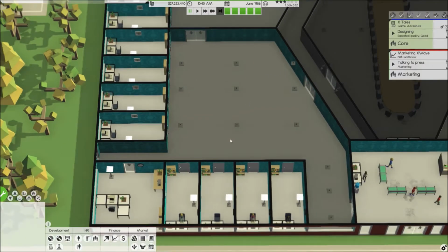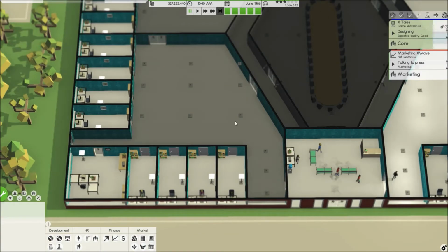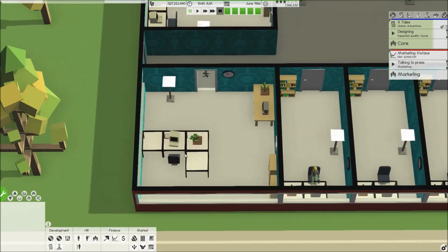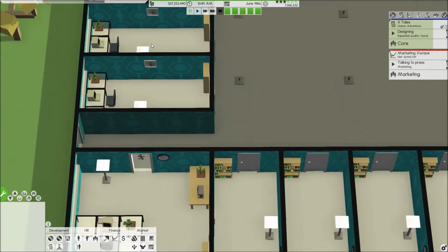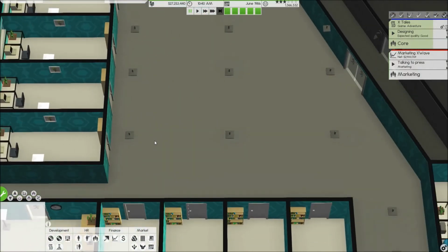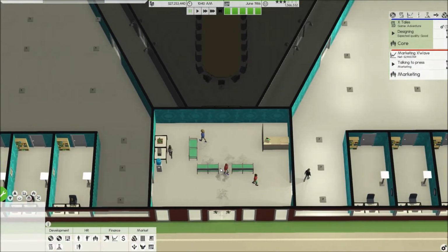Because I would plan to have multiple teams of each type once we expand upwards, right? So I'd like to assign this to programming 1, but then somehow manage to assign a lead to here. I don't care what people within programming use which office, except that I want the lead to use this one and not any of the other programming employees. I'm not sure the best way to do that, and I'm not sure if assigning this to programming is going to mess other stuff up, because